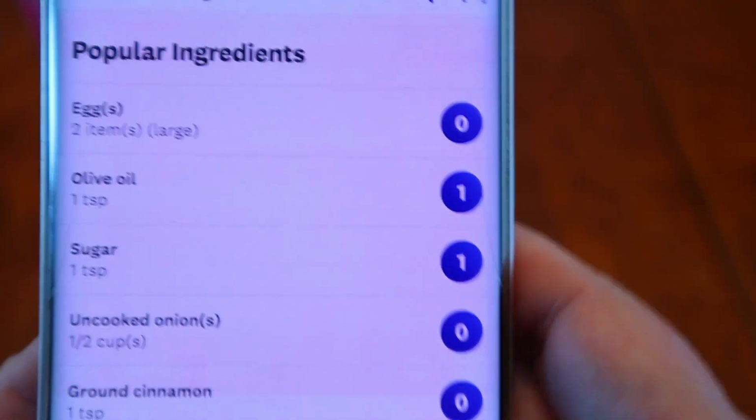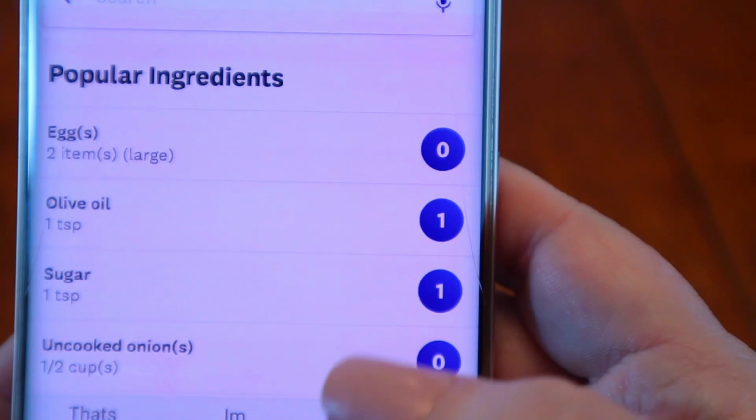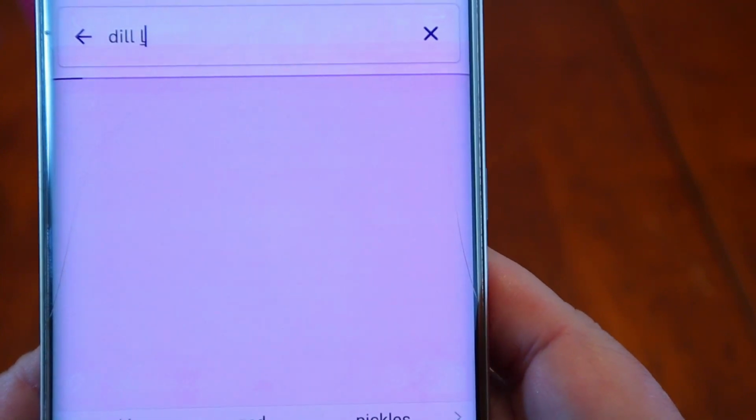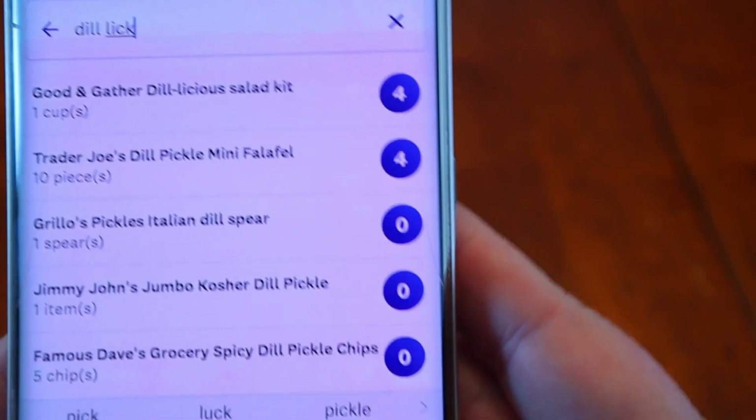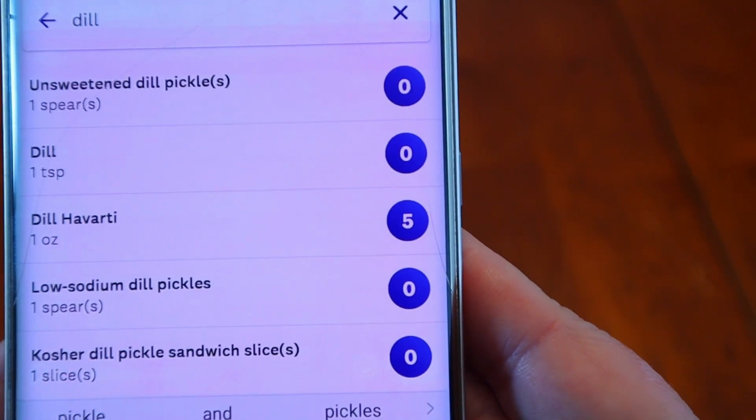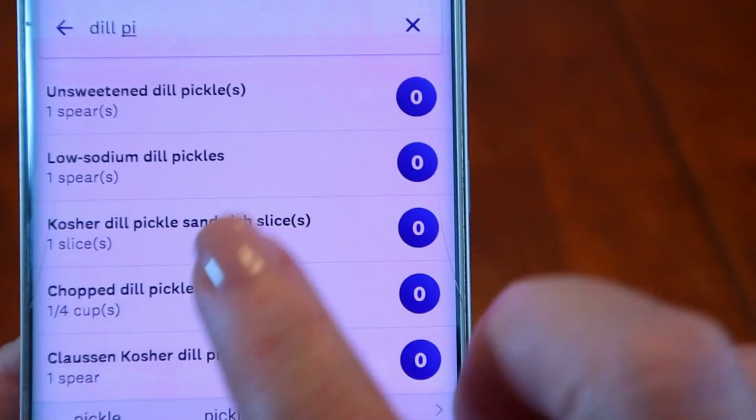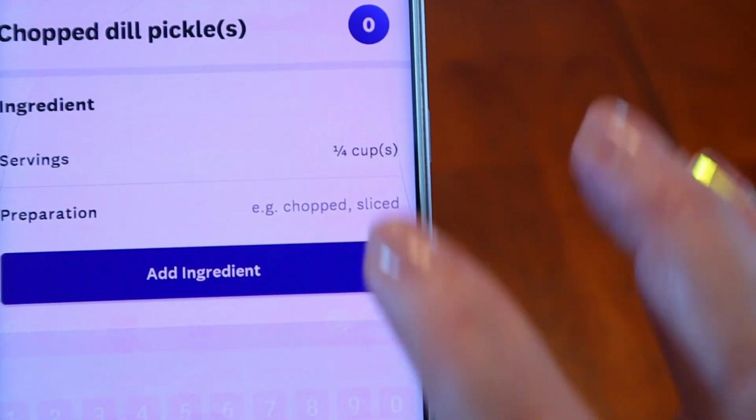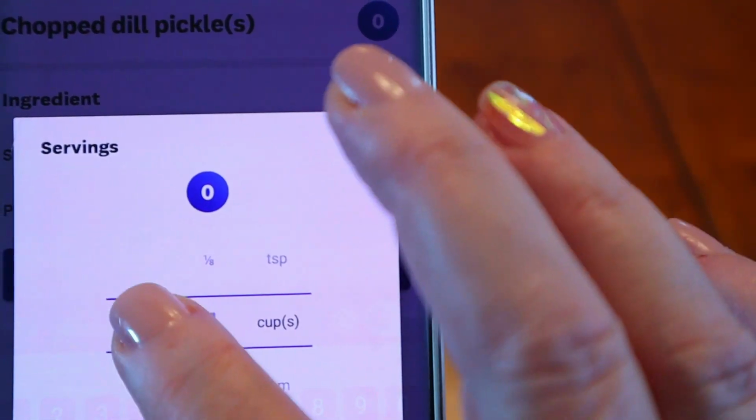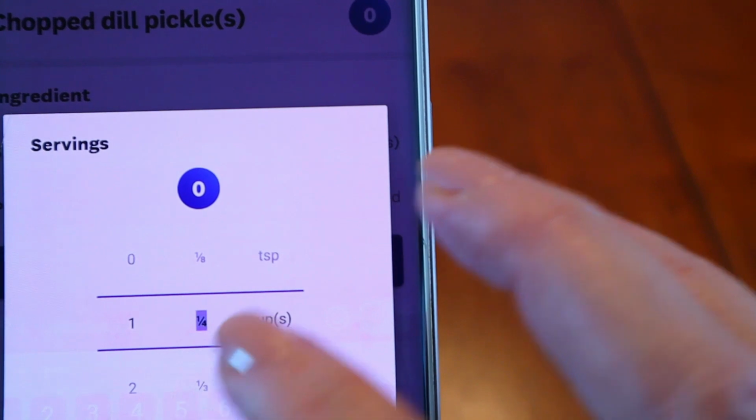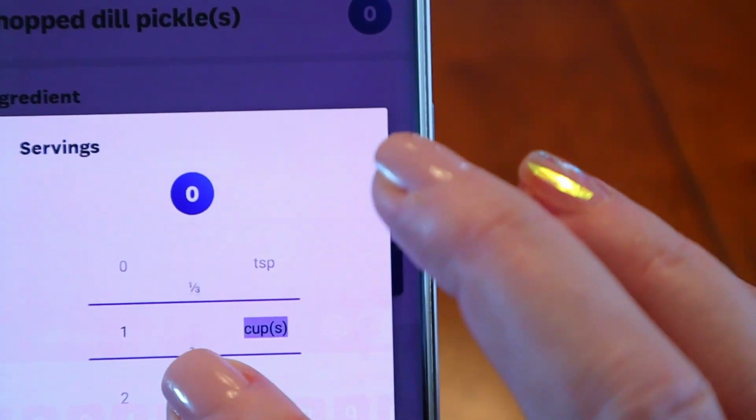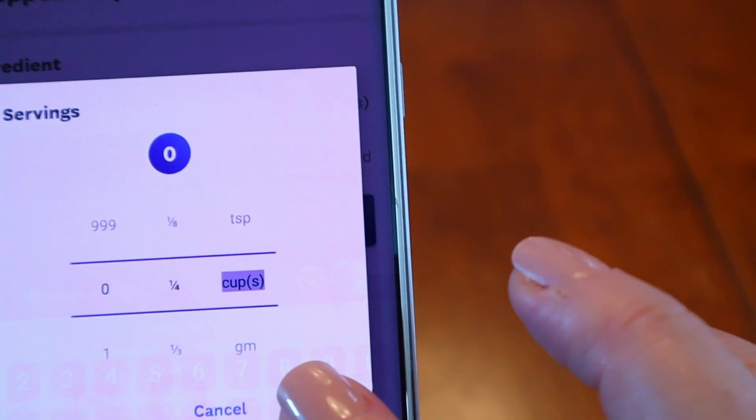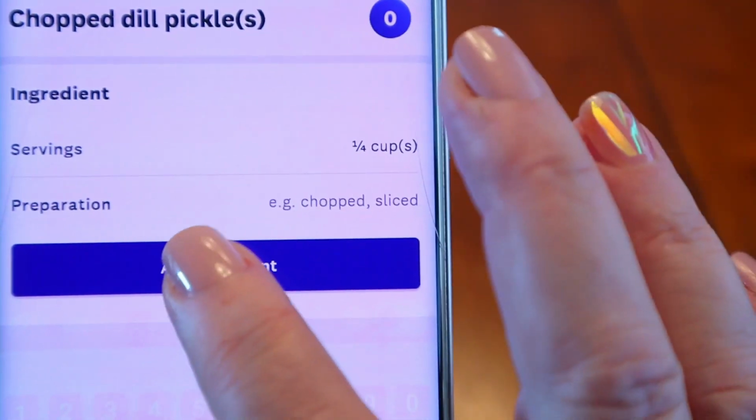I need dill pickles. Now that's a 0 point, so you don't necessarily have to add that. But like I said, I add everything. Whoops. Dill pickles. So just find whatever. It's actually chopped dill pickles. I'm doing probably about 1.5. They're actually 2 mini. It's probably about a 1/4 cup that I use. So I don't have to be technical with that because that's 0 points, but at least